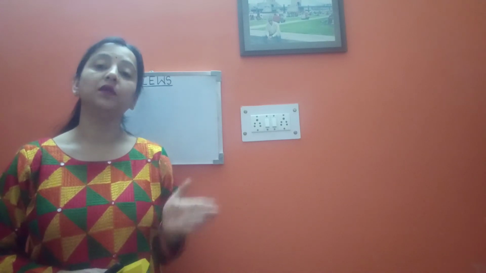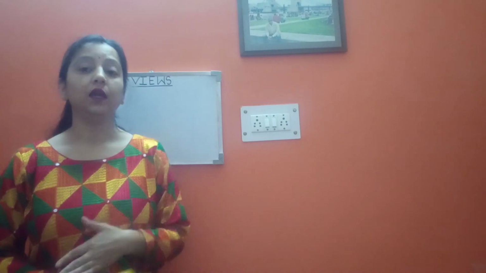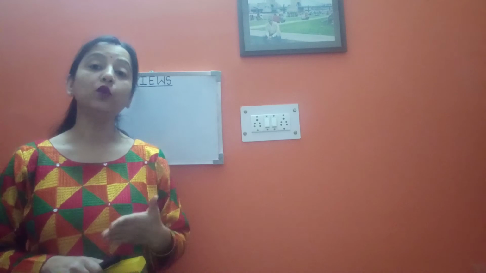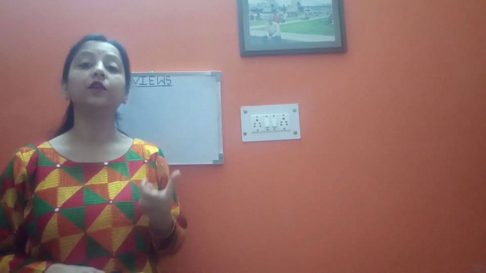So basically I can say that a view is a virtual table and a table is an actual physical entity. So this is the difference between a view and a table. Now you may ask me that when we already have a table, why do we need to create a virtual table when we have an actual physical table? That is, when we have tables existing in the database, why do we need to create views?